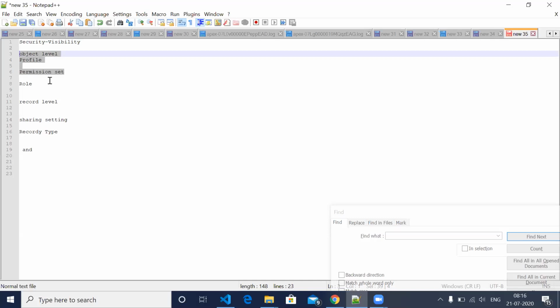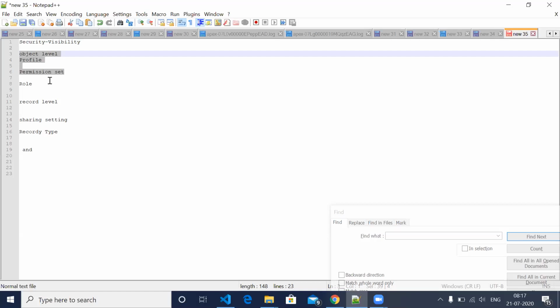That's how it comes into the picture. So whenever you are creating an object, you have to choose to whom it should be visible. So it's called object level, in profile and permission set.